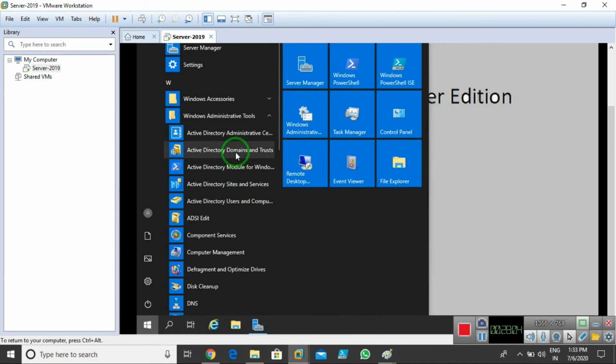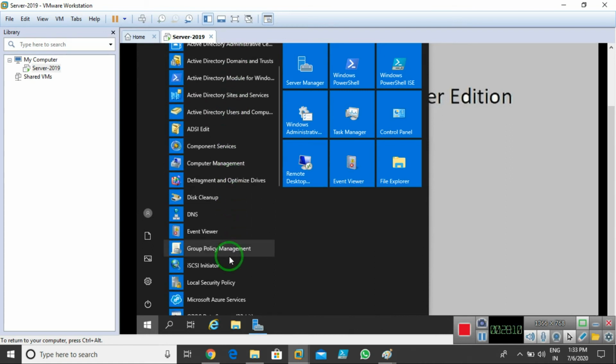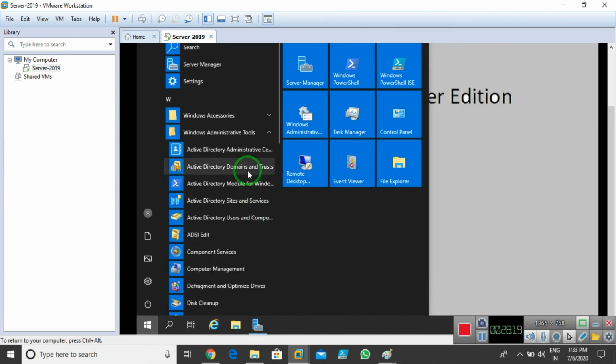So these 6 components are automatically installed once you install Active Directory services on the servers. And as you can see, the DNS component is also installed. With the help of this component, we will be able to manage DNS servers as well.